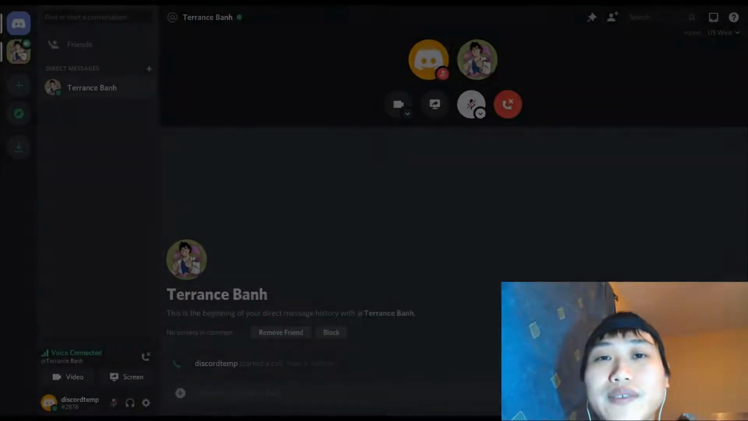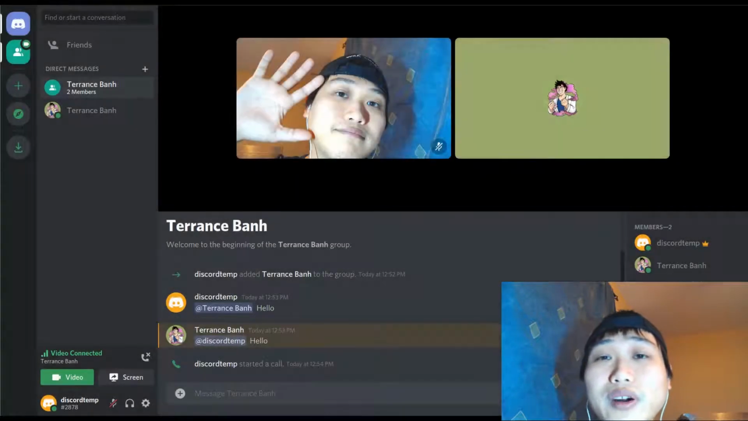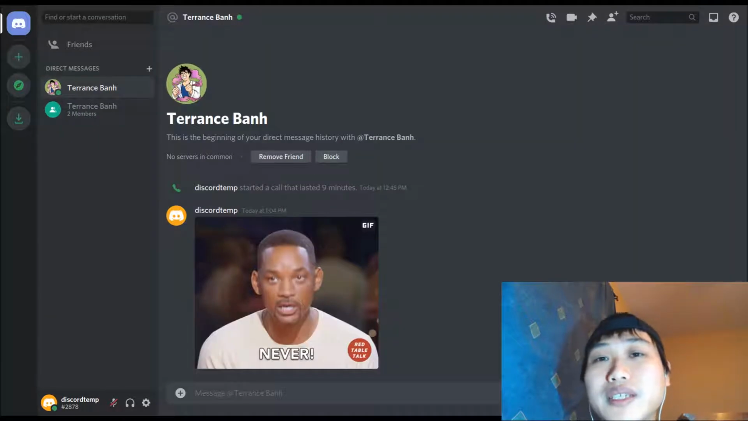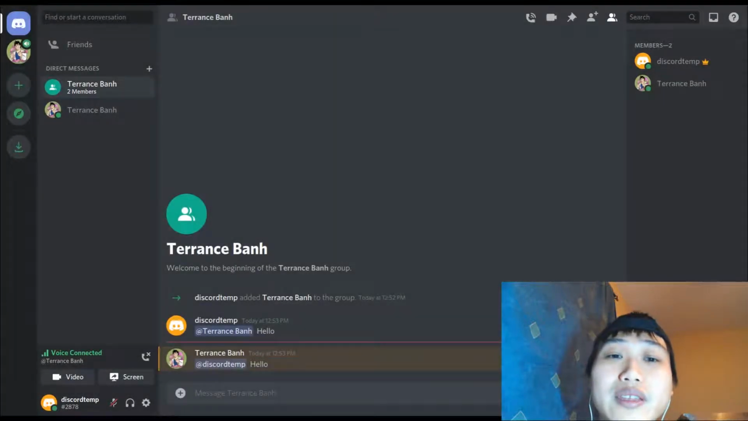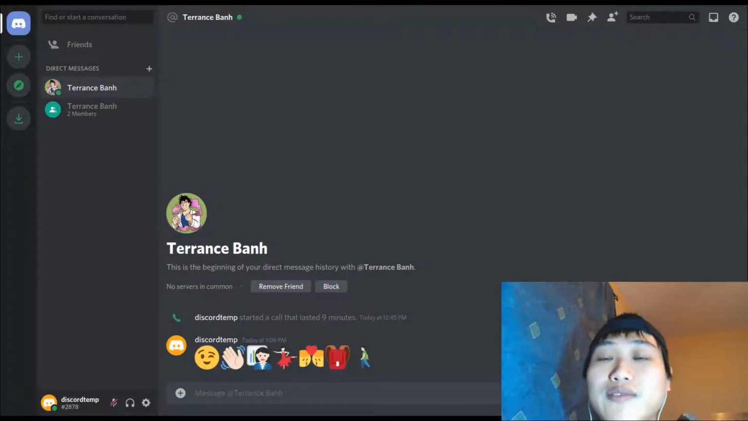So what sorts of features does it have? It has voice calling, video calling, screen sharing, picture messaging, even GIF messaging. And let's not forget the most basic feature any online communication software should have, which is texting. So with all these methods of communication, you can communicate with friends, a whole community, or just